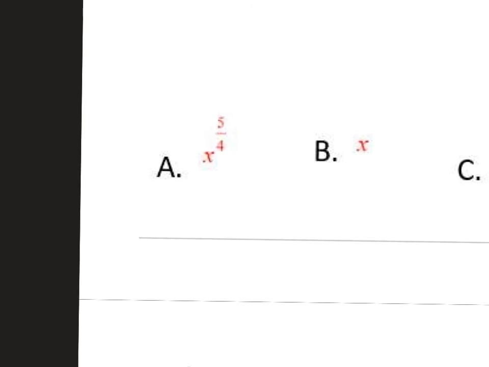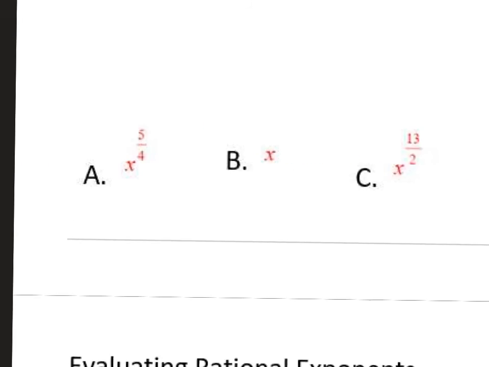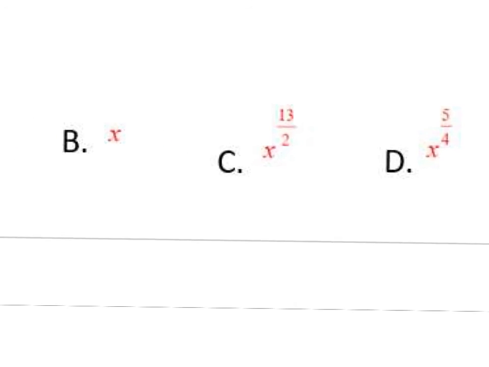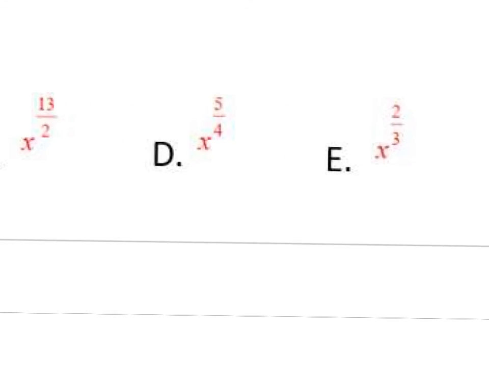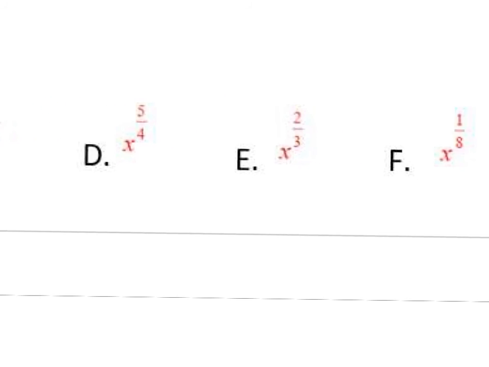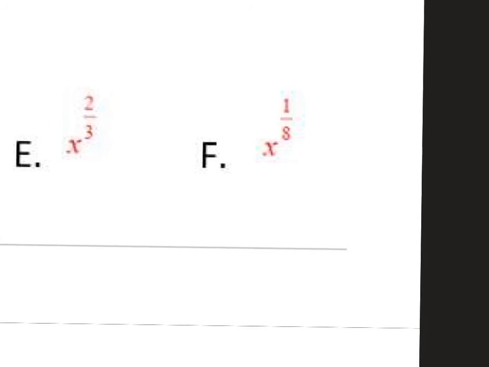Well, first, everyone take a look at the bottom part. Let's go ahead and just write out what these answers should have been. I'm guessing that your paper does not show them again. So A is x to the 5/4. B is just a plain x. C is x to the 13/2. D is x to the 5/4. E is x to the 2/3. And F is x to the 1/8. Okay, so